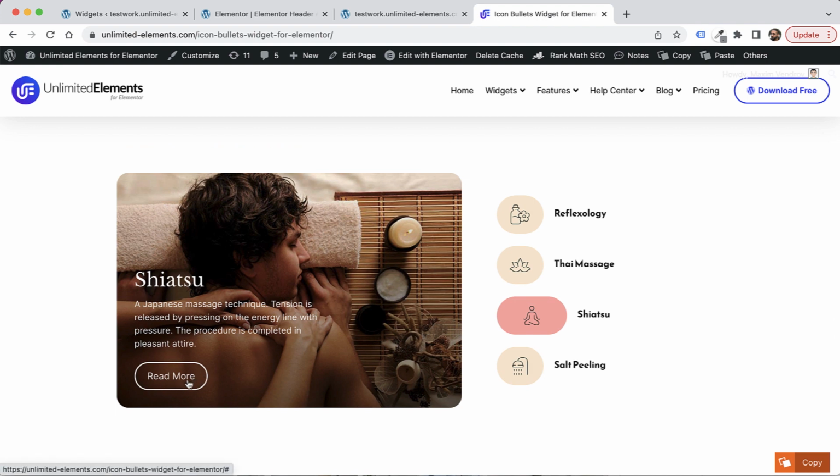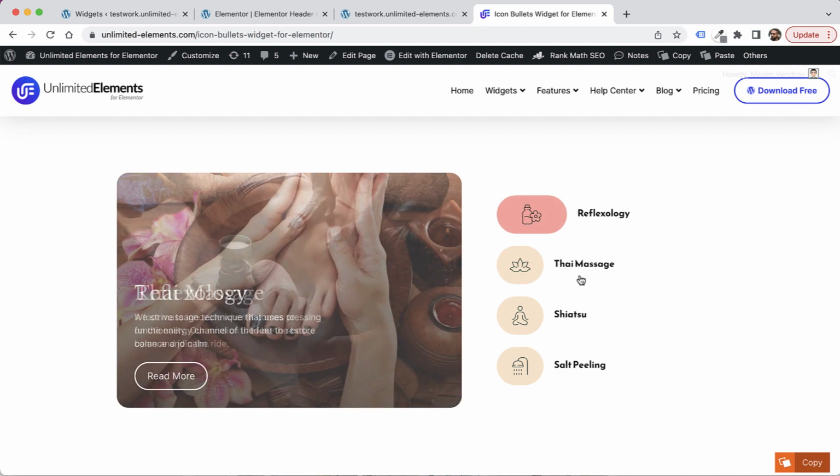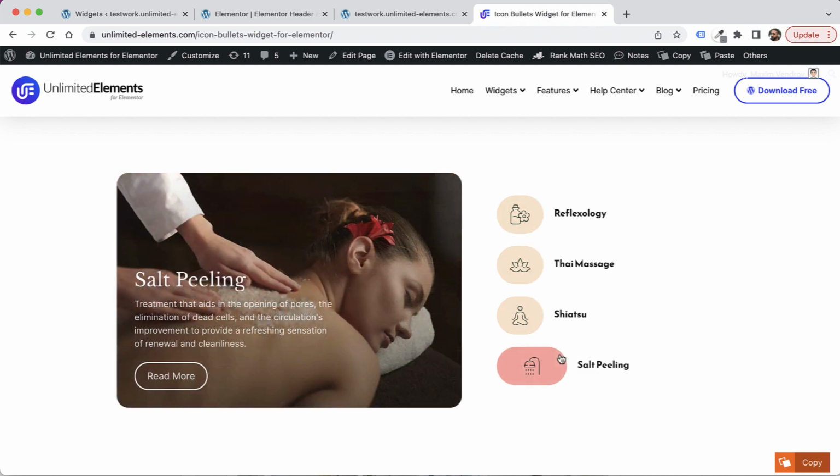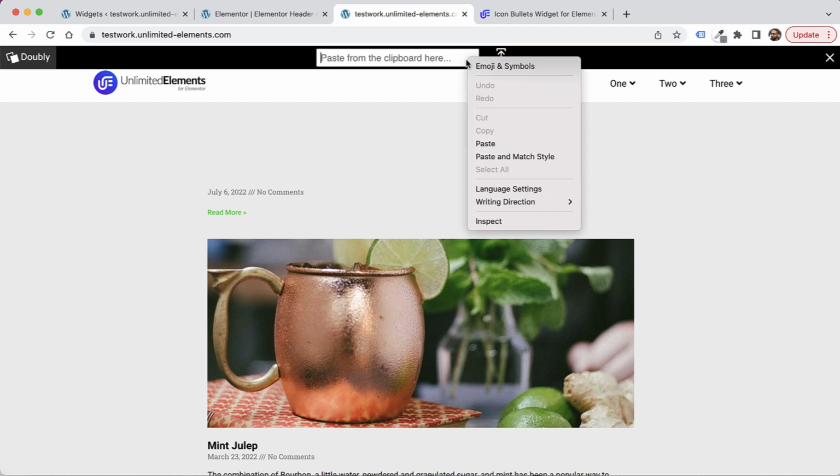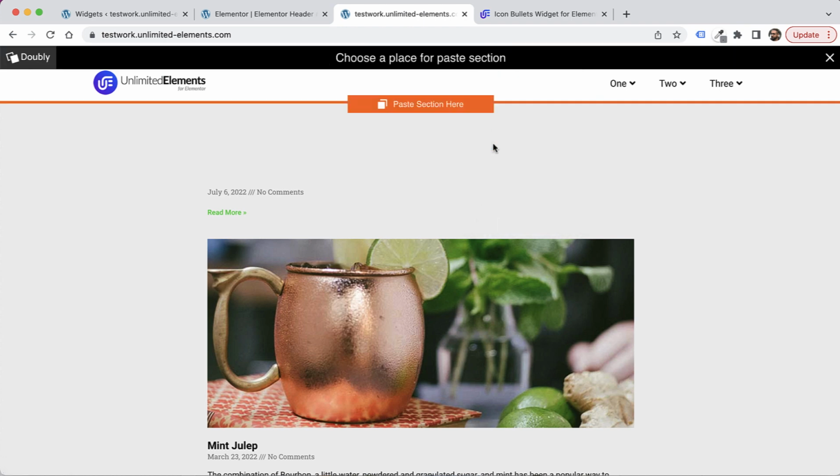And whenever a user clicks the read more, he will go to that page. So this is something really cool, interactive, and unique to make a unique design. I'm going to copy the section using the Doubly copy button. Again, you're going to need Doubly installed on your website. And I'm going to jump into the front end, click the Doubly paste button, right click paste, and now it's